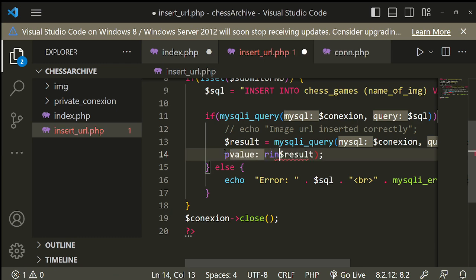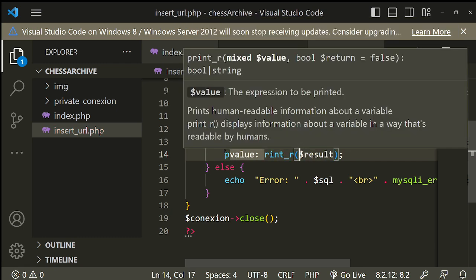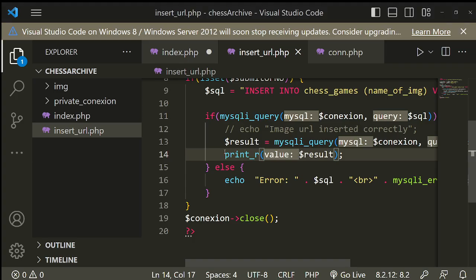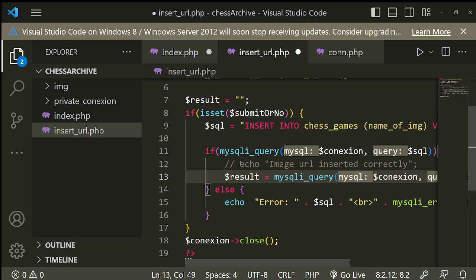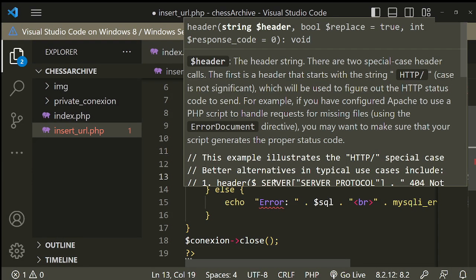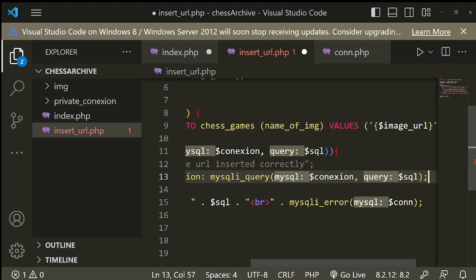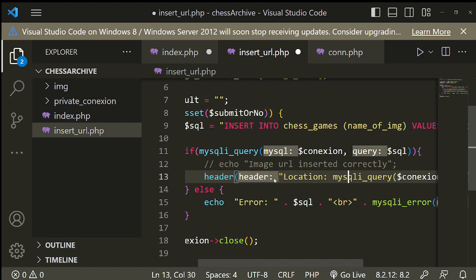Let's put a print_r, and it says one, and that doesn't make much sense. But apparently, what we have to do is just a select. Okay, I was expecting that. So let's just go to the header location, header location,